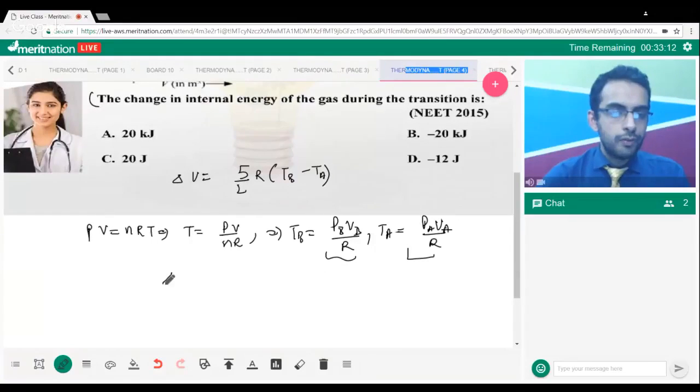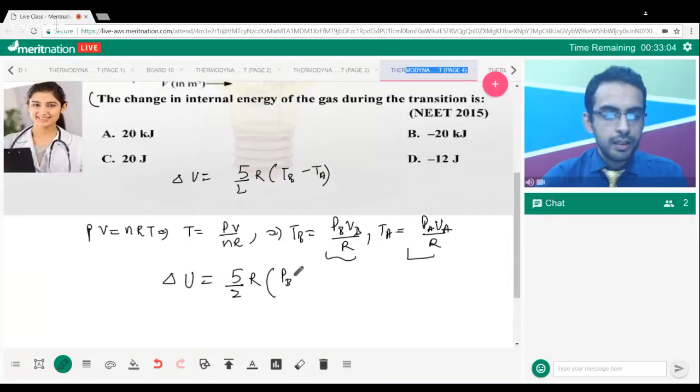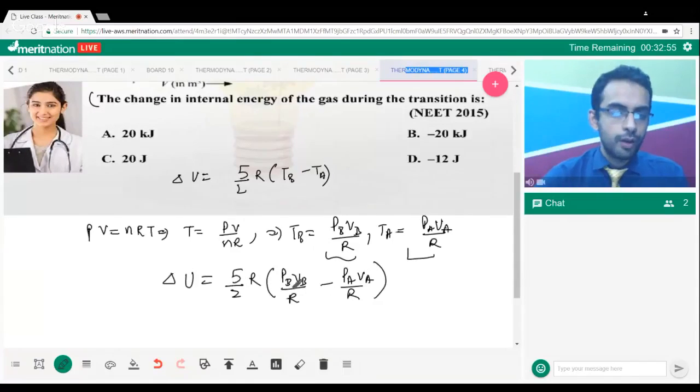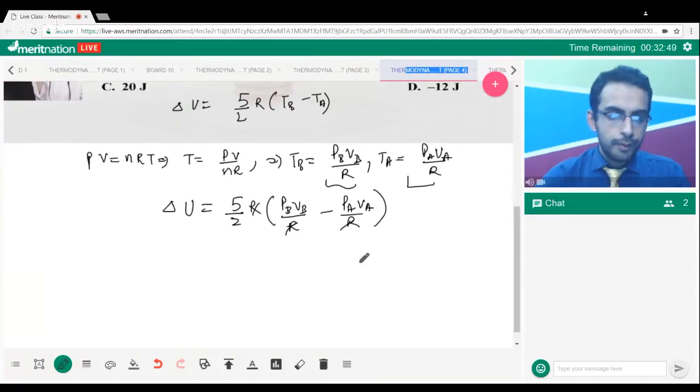So put the value, delta U is equal to 5 by 2 into capital R multiplied by PB into VB by capital R minus PA into VA by capital R. So from here we can see R and R get cancelled out. So delta U becomes